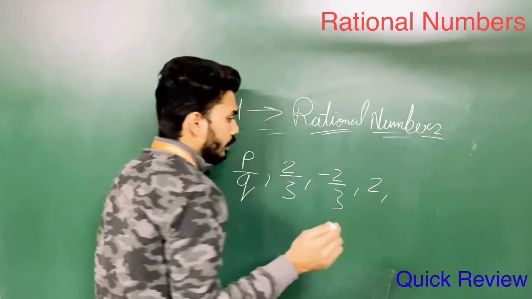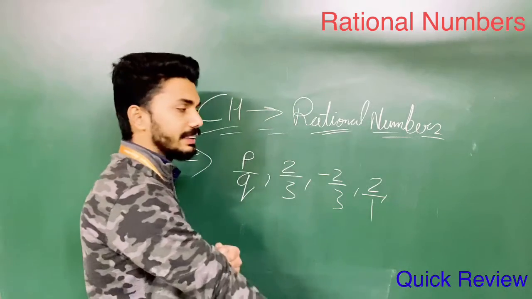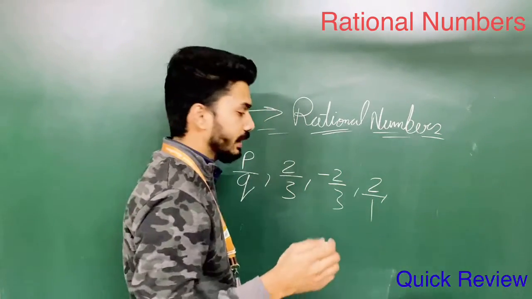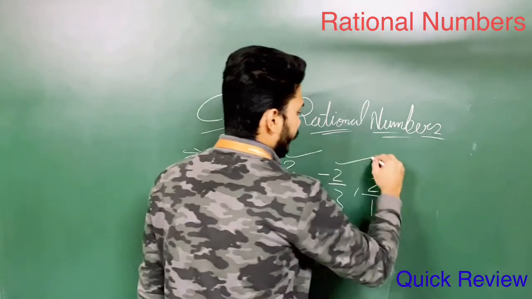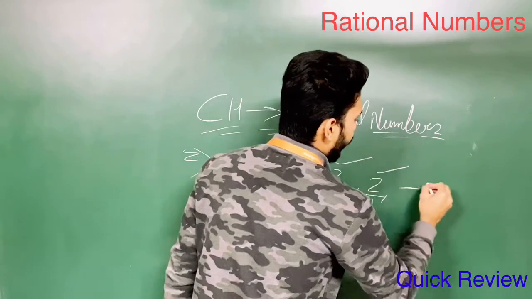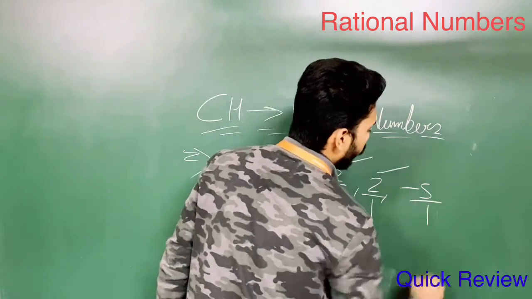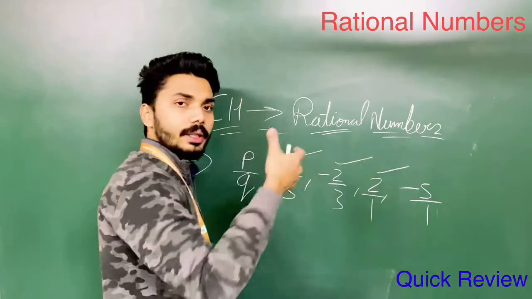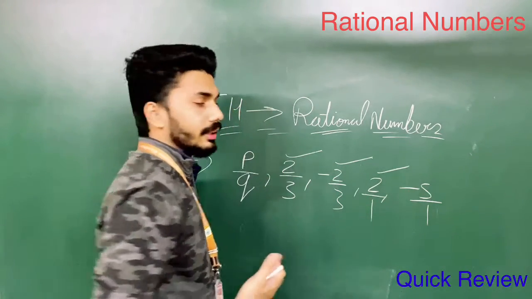Okay, so if you put 1 in a denominator, we can say that all natural numbers are rational numbers. So this is a rational number, this is a rational number, this is a rational number. Even we can take any negative number and say this is a rational number, because if we put 1 as a universal method in the denominator of any number, it can be converted into a rational number.